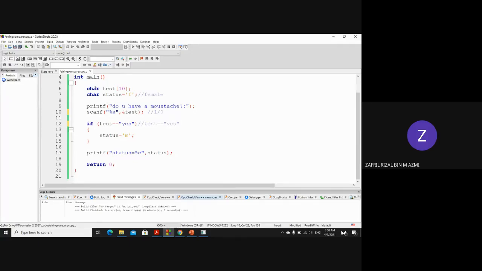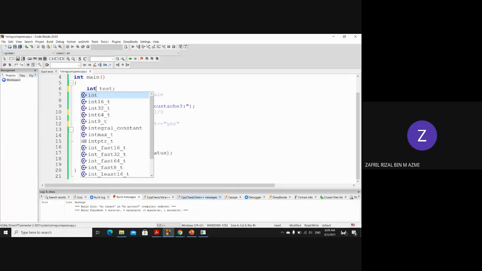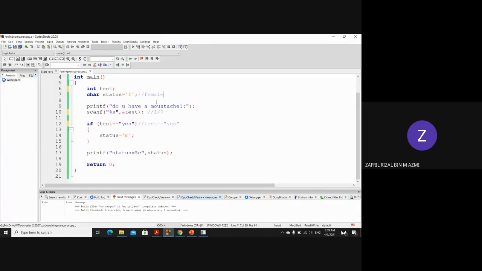So this needs to be changed into what? If I want to use 1 or 0, what type of variable do we need to change this to? Integer. Right, so this needs to be changed to integer, and then scanf with percent d. Percent d. If test equals to